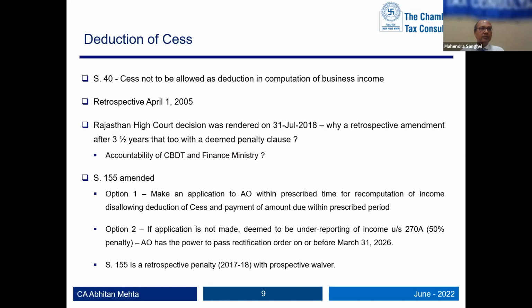Yes, forms will be prescribed. They have not prescribed it yet. In 155 they are saying that you have to do it in a prescribed period, and there would be a form, or you make an application. I don't think a form is required. You need to make an application to avoid your penalty provision. But the period is not prescribed yet.